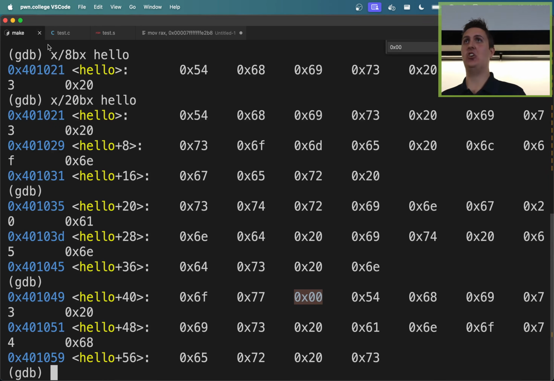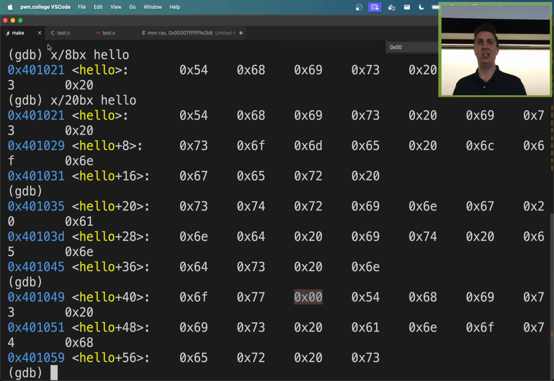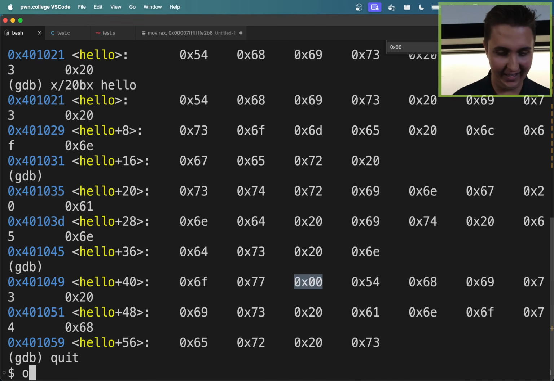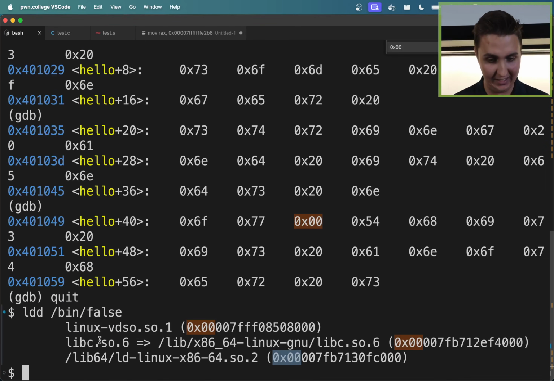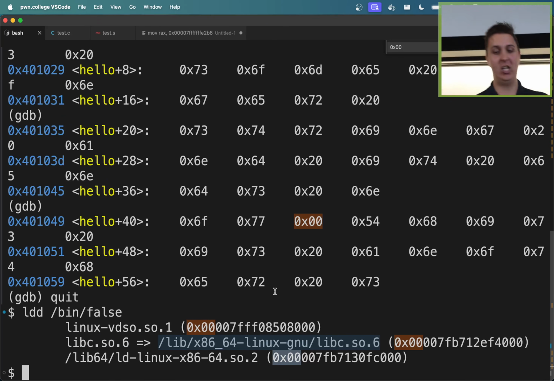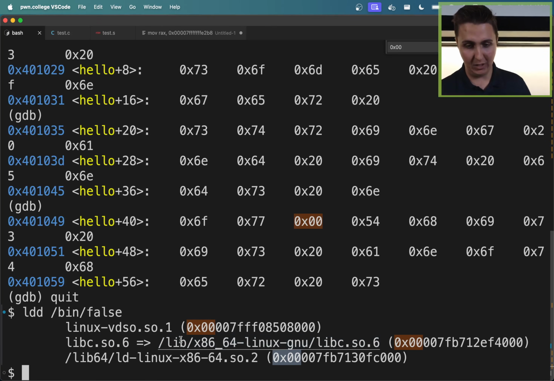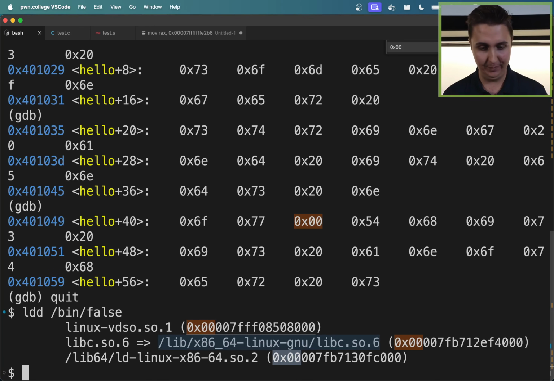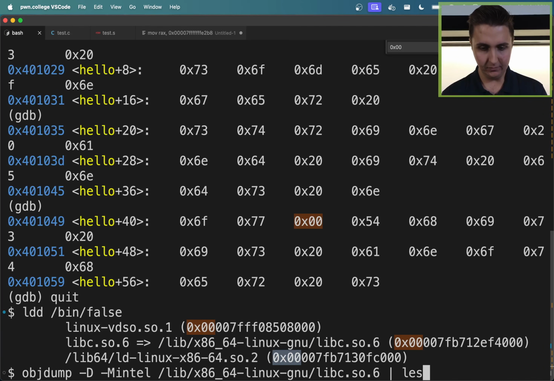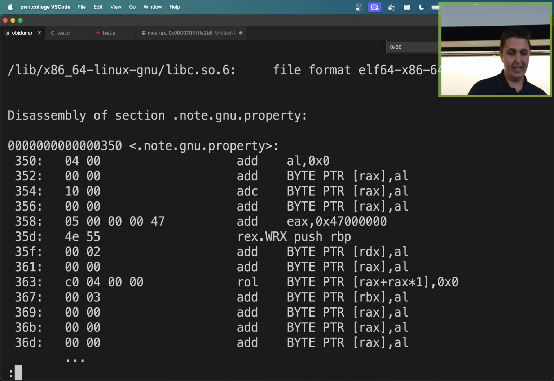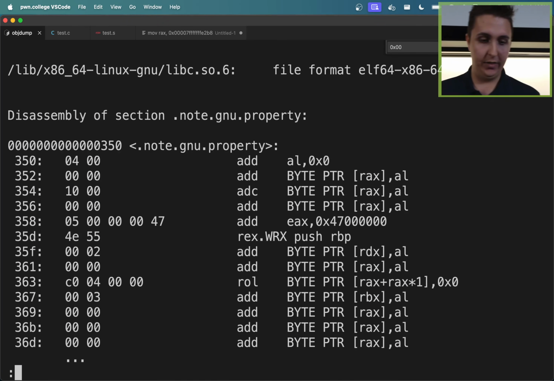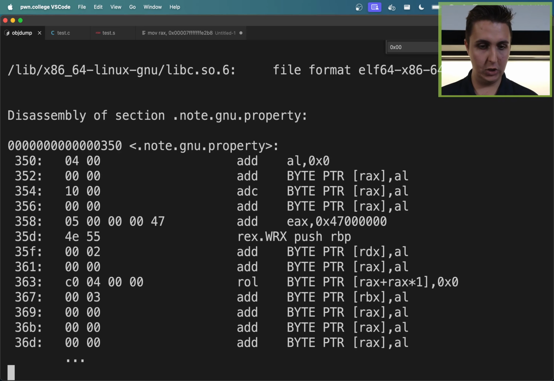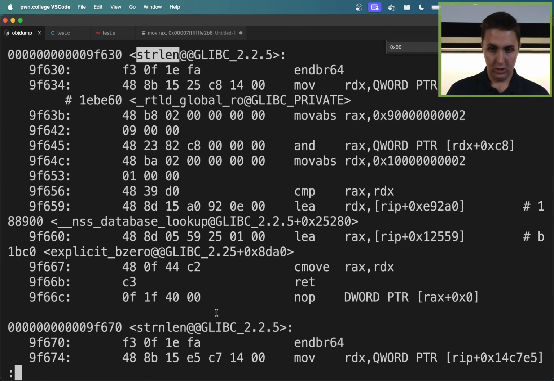who wants to see what str length actually looks like in libc? Does anyone care? All right, we got some hands. We'll just quickly look at it. So the way that we're going to look at it in libc is just another ELF file. It happens to be located at this path right here. We could objdump this thing as well. And now we're looking at the assembly associated with libc. If we go to str length,